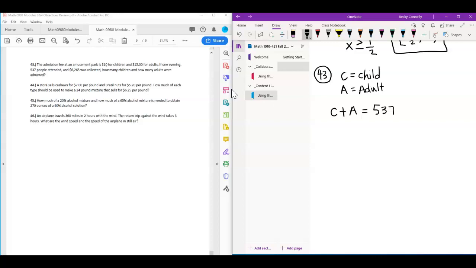Now I've got to write my second equation, and this second equation is going to take into account the price of those tickets. So I know that the children tickets were $10, so I'm going to do this maybe in a different color here. So I'm going to have 10 times however many children's tickets were bought, plus 15 times however many adult tickets were bought. Right? And this is going to give me the amount of money. If I say 10 times however many children's tickets, 15 times however many adult tickets, that gives me the amount, and it tells me the total amount that was collected was